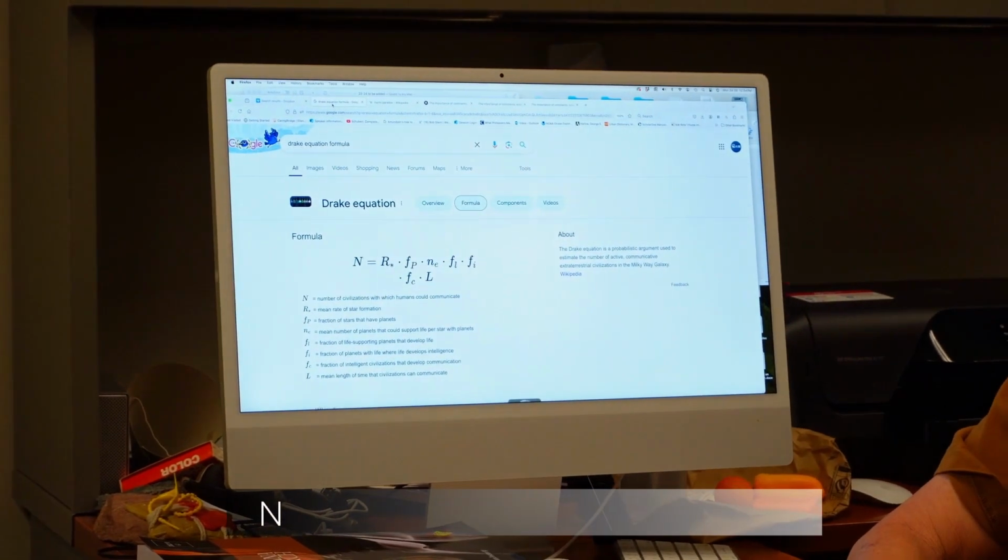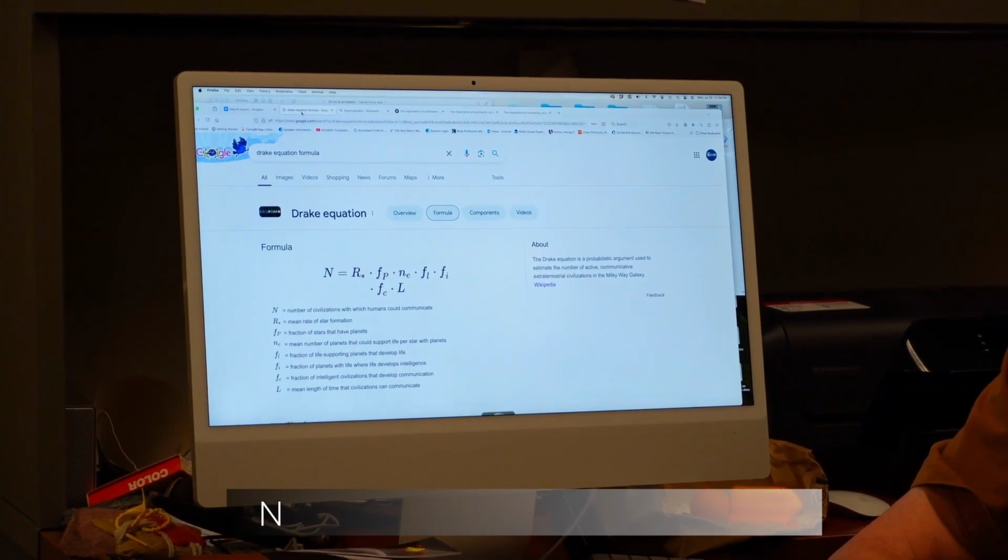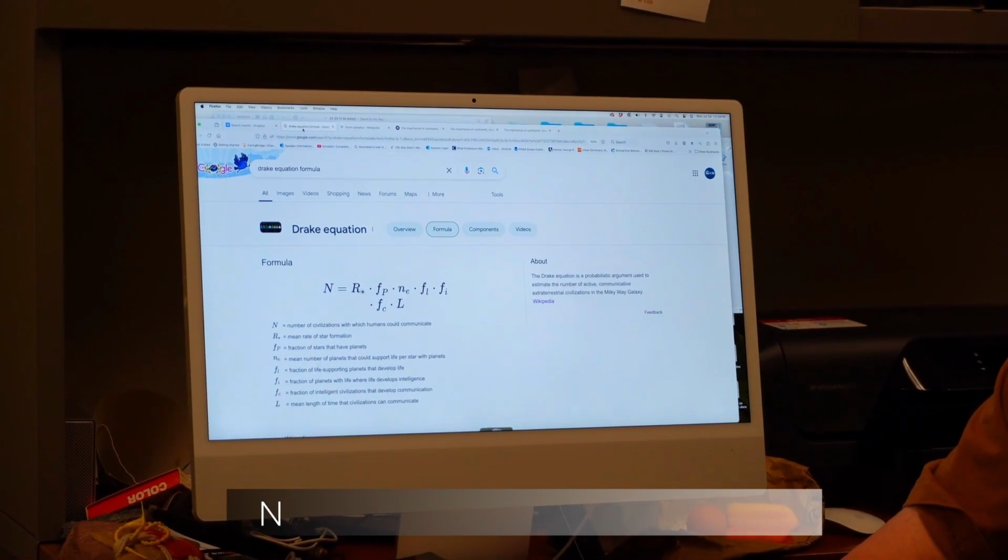The Drake equation is an expression by a scientist named Drake. He wrote this in 1961 to calculate how many actively communicating civilizations there are. And you can see that N, the number of civilizations with which humans could communicate, is equal to a